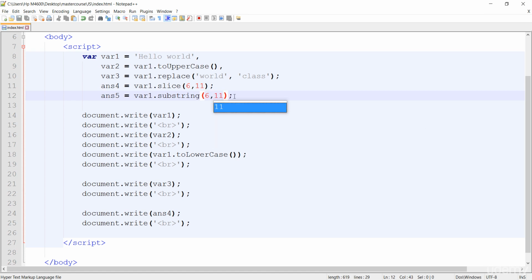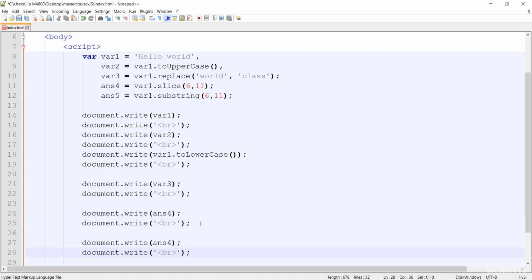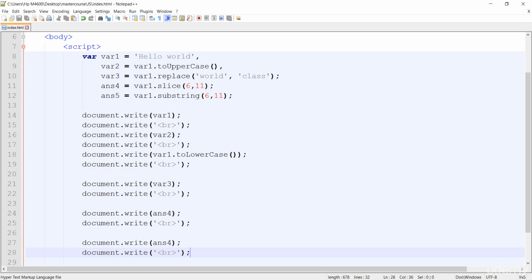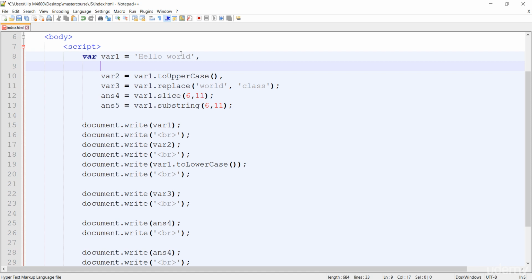You can see that I put the 6 and 11, so I'm just simply copying both of them, and pasting there. Then you will see the same thing. Refresh now, another world. So they both are the same, but the difference is in the slice, for example, you have a big word. For example, instead of the simple hello world, I'm creating another variable, the